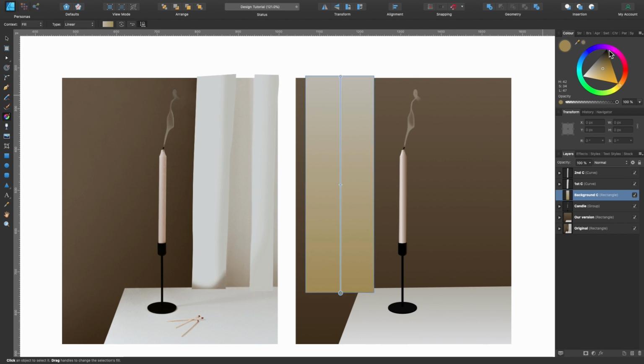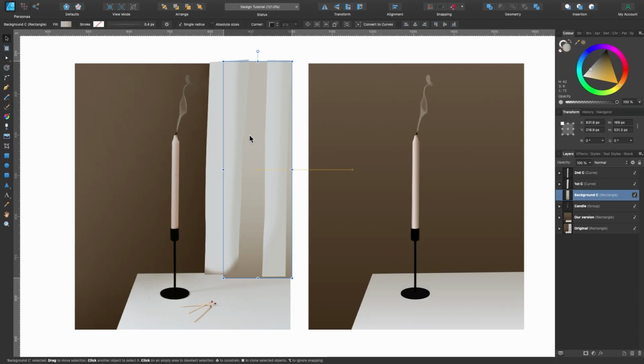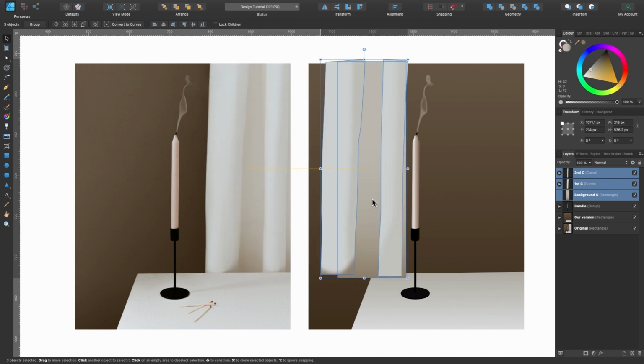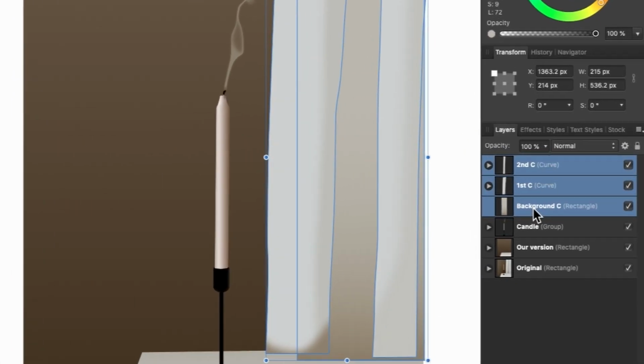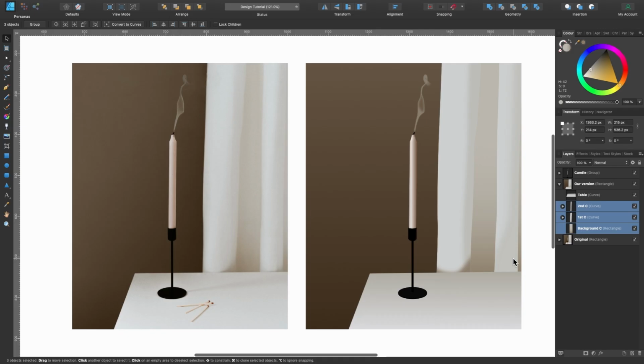I'll choose the color down here. Something like that, and it seems to be just at the bottom. Okay, let me drag that in place. And it looks a bit messy now, doesn't it? What I'll do is nest all of those bits together, or I could just drag it across to our one and just place it behind our table. So I'll open it up. There's our version. There's our table. I'll drag it underneath the table.